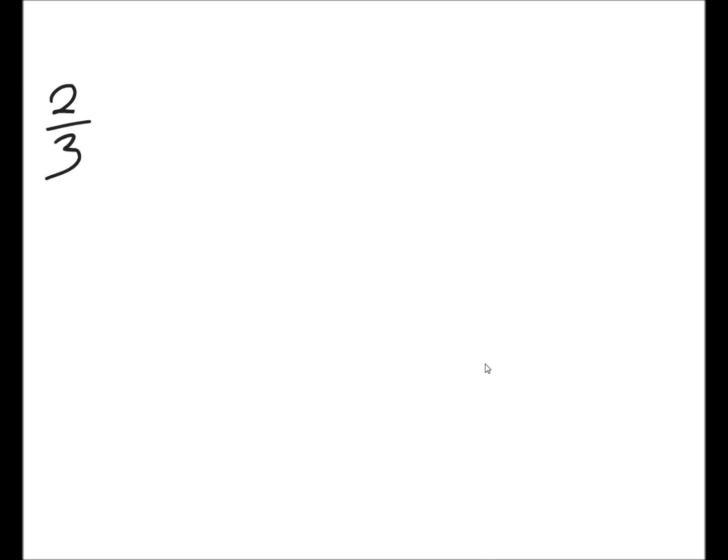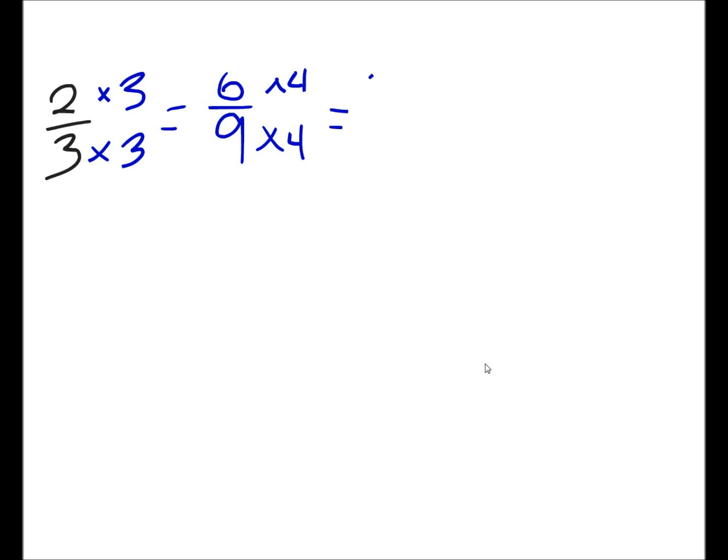2/3. To find an equivalent ratio, all we have to do is multiply both top and bottom by the same number. We'll do times 3. That will give us our new equivalent ratio of 6/9. We'll multiply it again, times 4 this time. Top and bottom, that will give us another equivalent ratio of